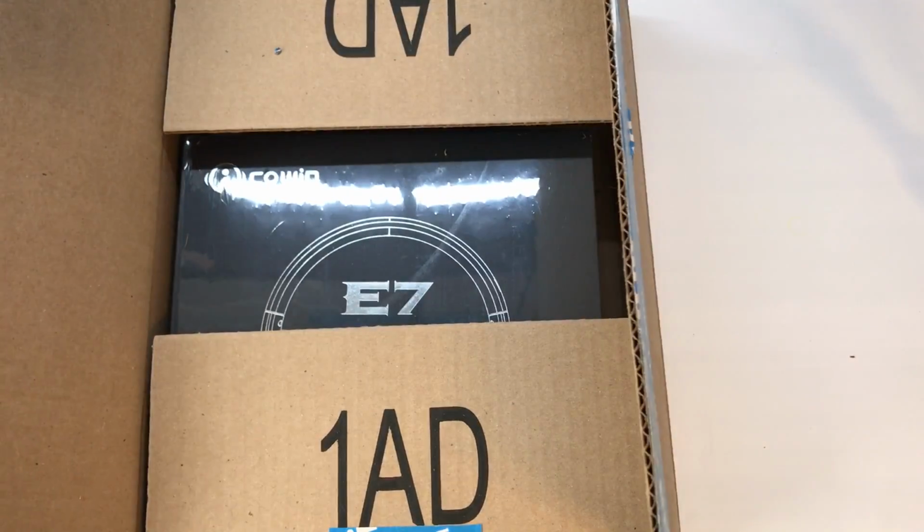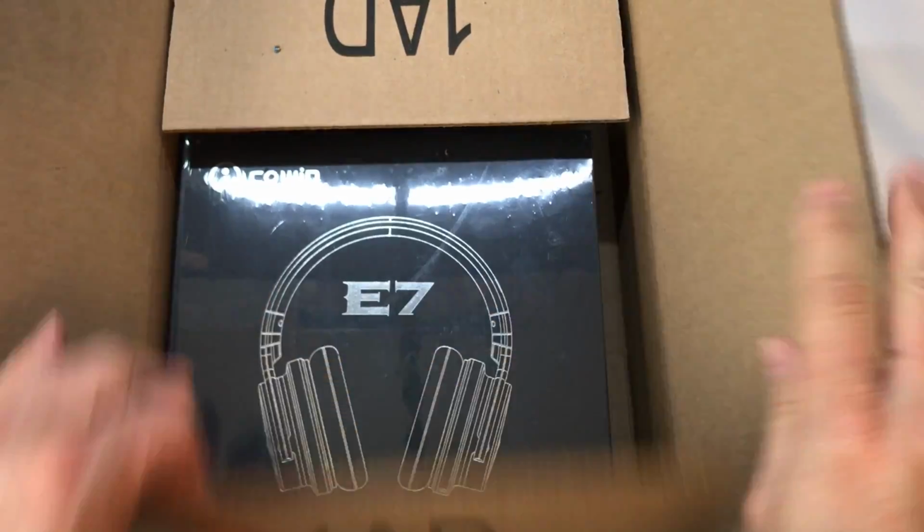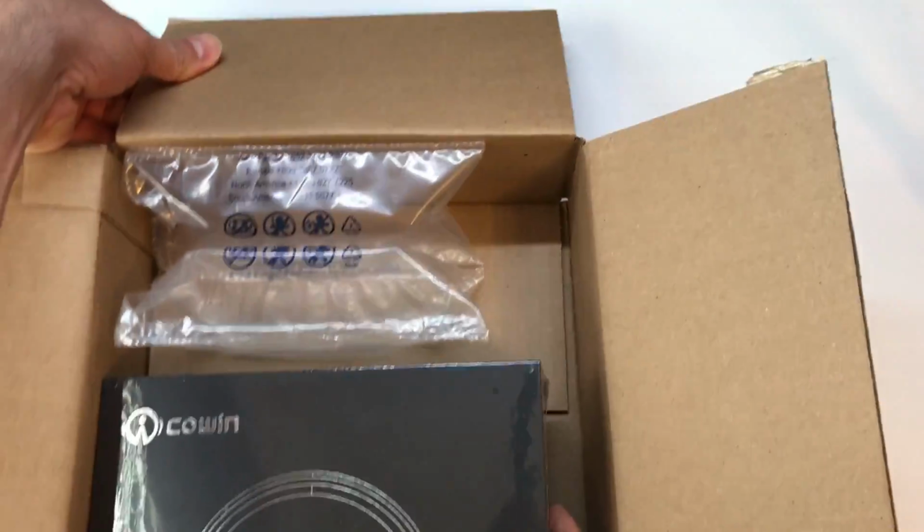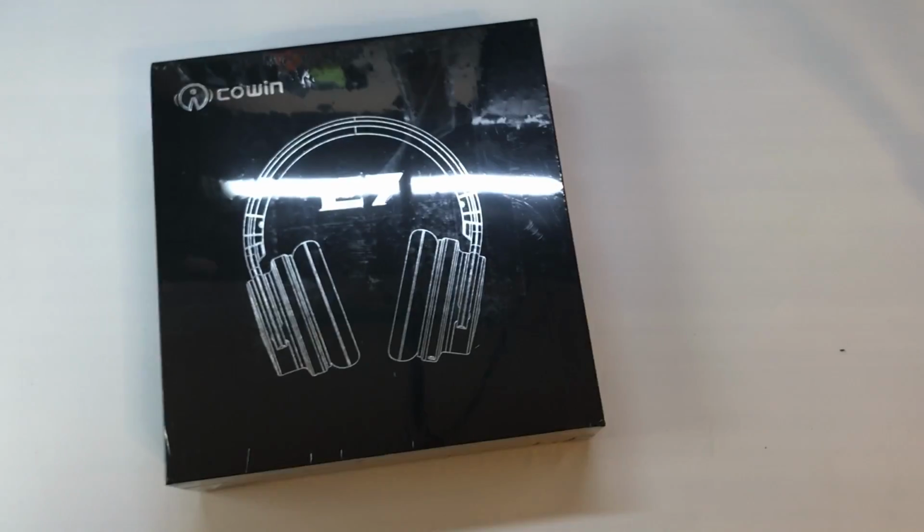There we go. Just what I thought. So this is the Cowin, or Cowin. Hopefully I'll pronounce it correctly. Yeah, see, almost no wasted space in the box. That's awesome. And these